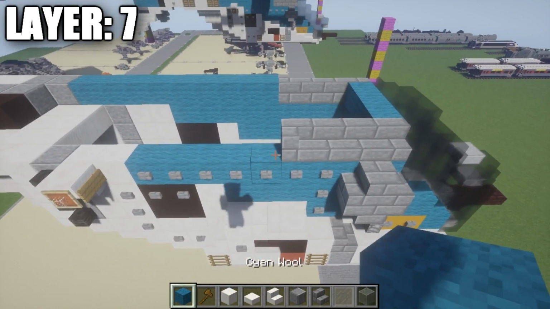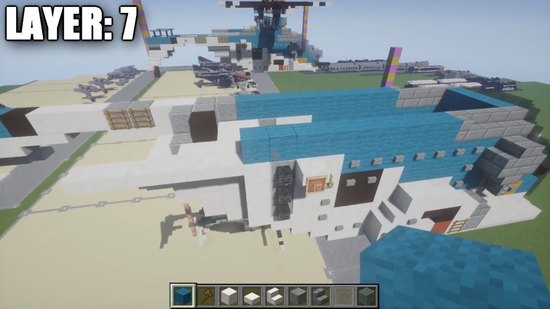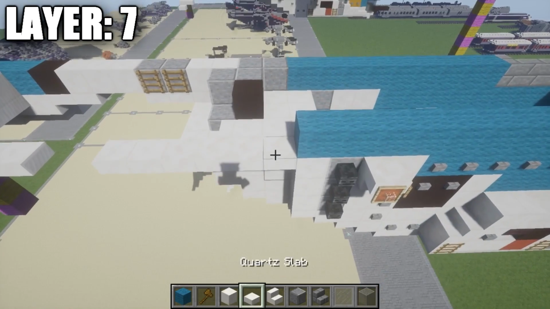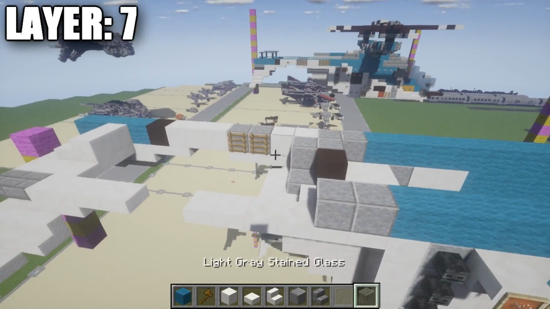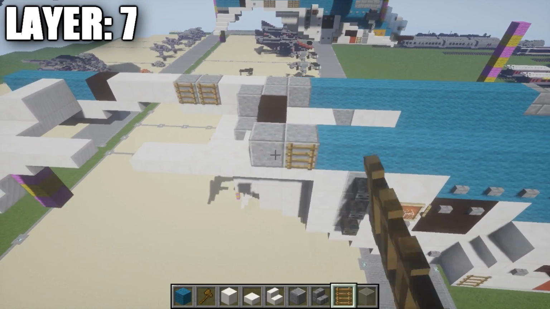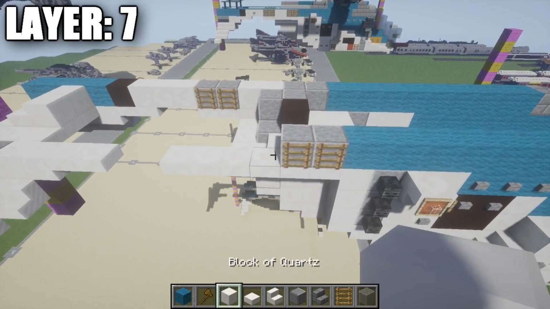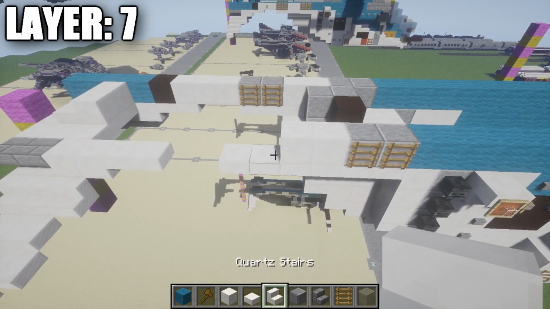After you have that done, we're going to place down 1, 2, 3, 4, 5, 6, 7, 8, and 9 cyan wool blocks back, followed by 1 and 2 polished andesite blocks like so. Now on the sides here of these polished andesite blocks, we're going to place down 1 and 2 of these ladders, just like that. And then we're going to place down 1 and 2 quartz full blocks, followed by another